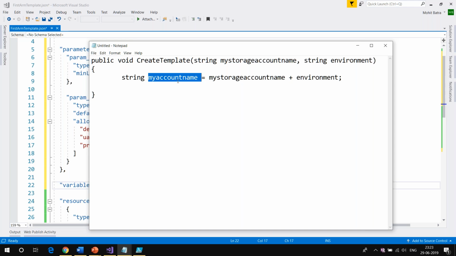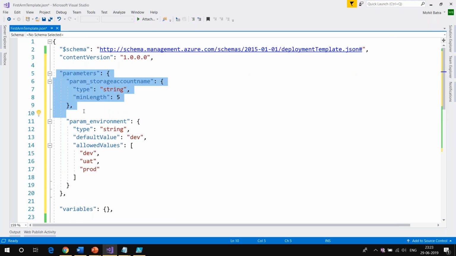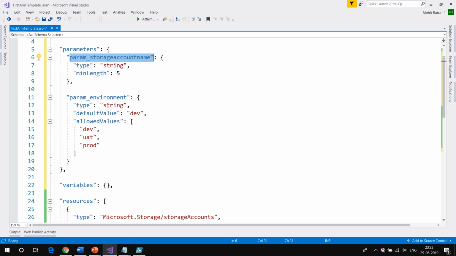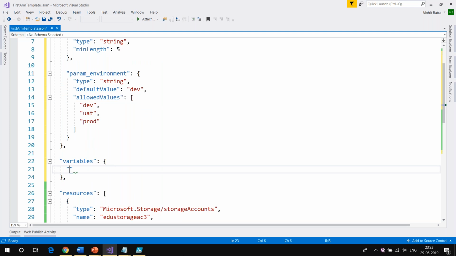In the same way, you can come to the ARM template. We have defined two parameters, just like a function, and we have specified some configuration for them. Then in the variable section, I can create a new variable. Let me call it my storage account name.